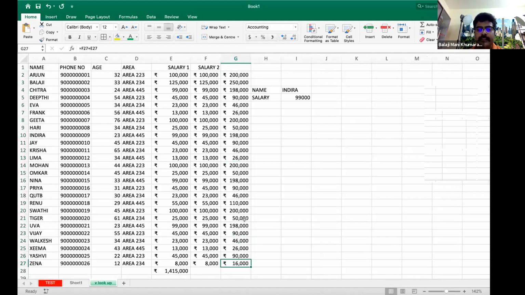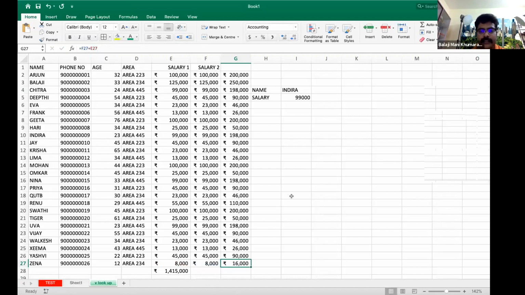Okay, so in order to see how this number has come, I click on this, and I'm just placing it in the formula bar, and I'll be able to see by adding which two numbers I'm getting this. Here if you closely observe, F27 is shown in blue color, this cell is also shown in blue color. E27 is shown in red color, this is also shown in red color. So this will help us to trace the dependence basically.